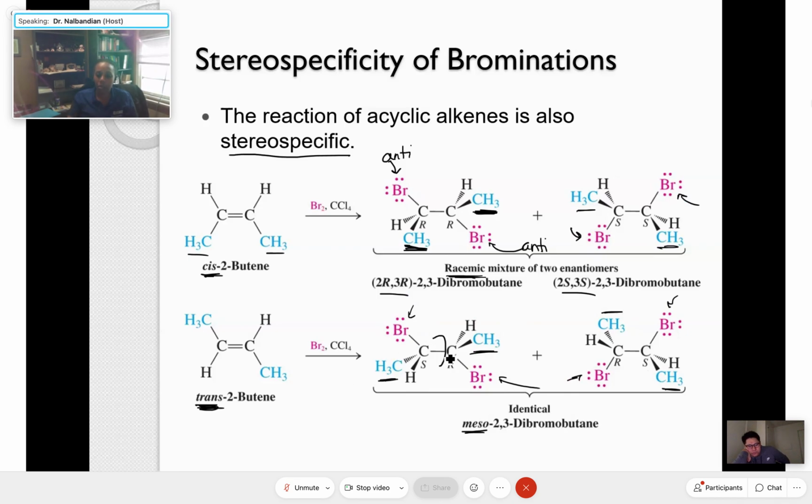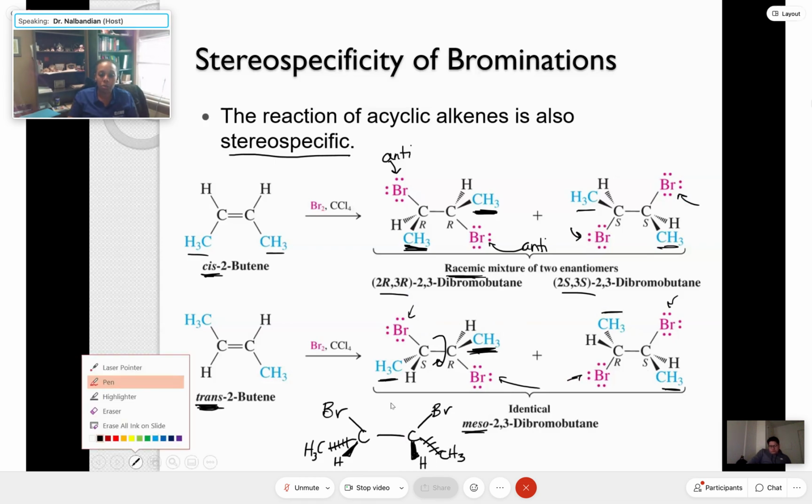If I take this and I rotate around this bond, I'm going to leave the bromine here. And I'm just going to rotate around the other bond to where I end up with the bromine here at the top. And so as we rotate this methyl that's in the front down, it's going to end up in the back. If I rotate this hydrogen that's in the back, it's going to end up in the front. You should be able to visualize that. I shouldn't be telling you anything new. But as we look at this molecule, you should be able to see